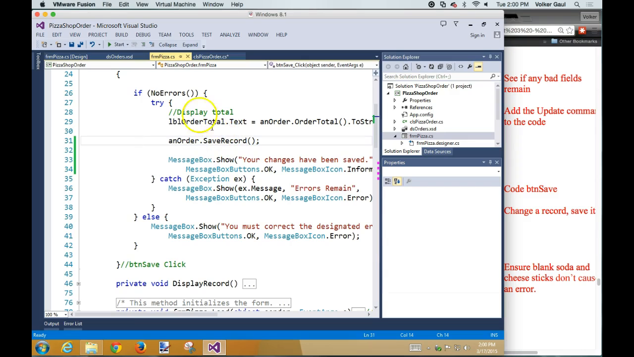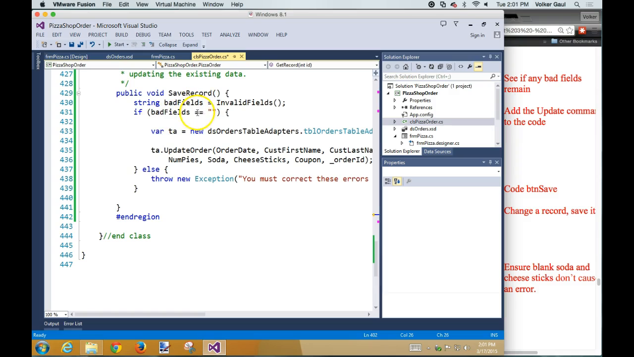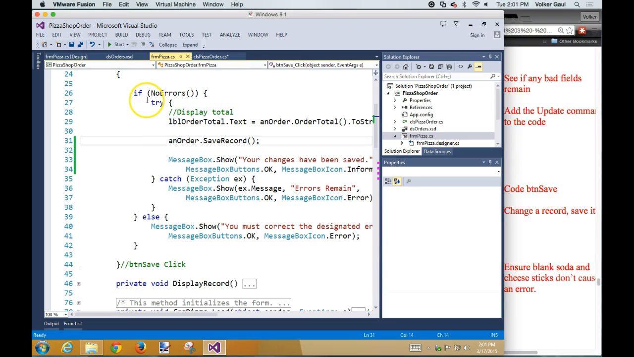Remember, we just did back in the business class, bad fields. If there are bad fields, we throw an exception. So here's a try. If there's an exception with either one of these, we'll catch it and it won't do the save. But if everything's cool, then we display a message box. So if we get through all of this, meaning there's no bad data, the database saves properly, we should be good. But the one thing we haven't dealt with